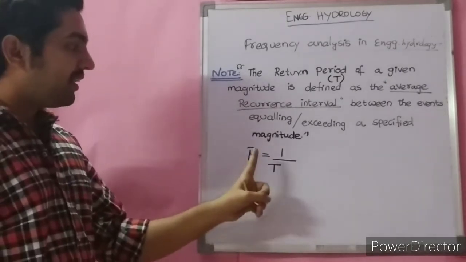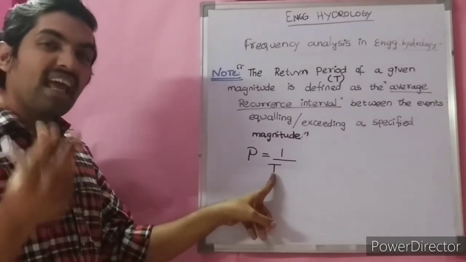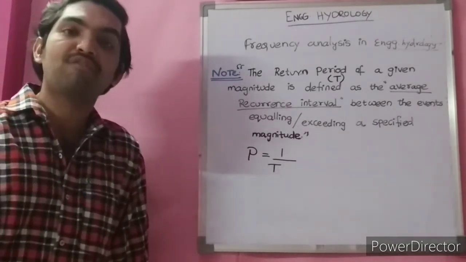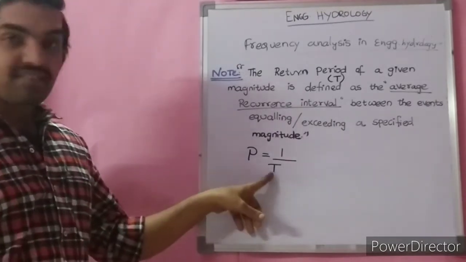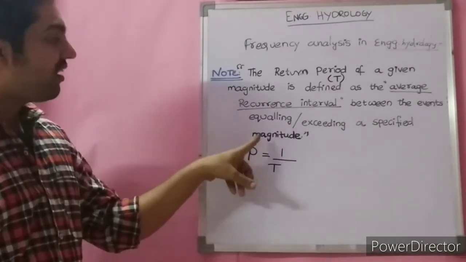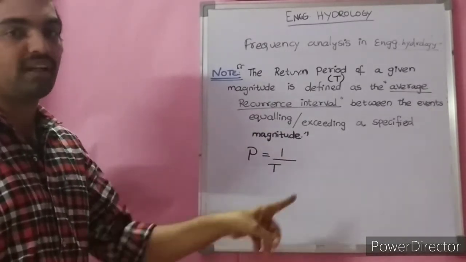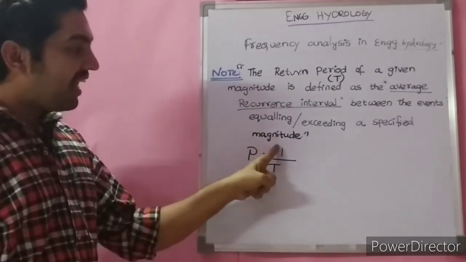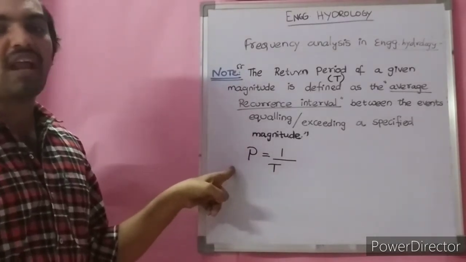Just remember that floods of this magnitude and frequency occur very rarely. So floods will not occur very frequently. The probability of occurrence of either a flood or a drought is of major concern to any hydrologic person, but this probability of occurrence is very rare. Once in T years, the flood will occur. That is the definition of this probability. That is the physical meaning of this terminology. So very rarely, once in T years, there is a chance of the flood to occur.